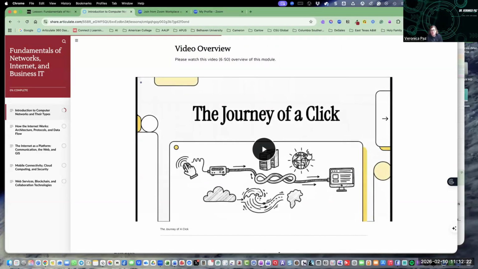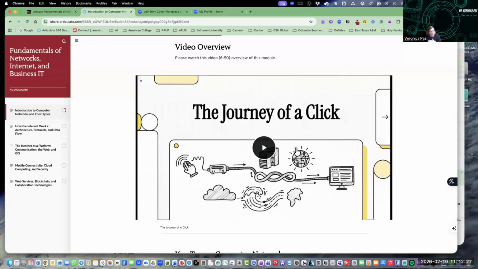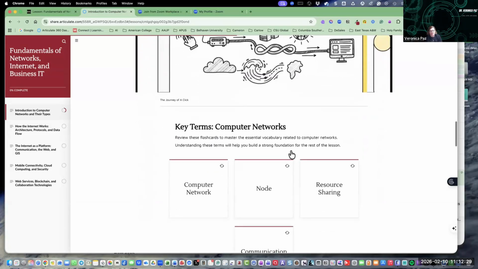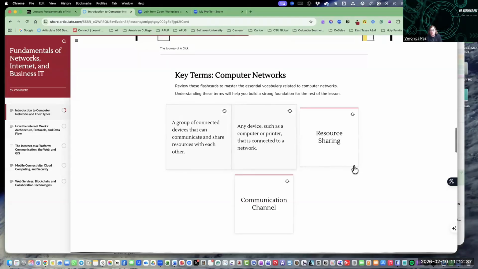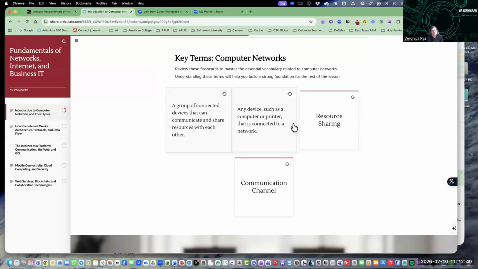And then here also with Notebook LM, I created this video overview for you of the entire chapter. So I just added it here. As you'll see, key terms are very important in this chapter, and most chapters. So I always have some flashcards here for you for these key terms. And like I said, you should be able to copy paste these. So if you just highlight it, you should be able to hit Control C or Command C and copy it